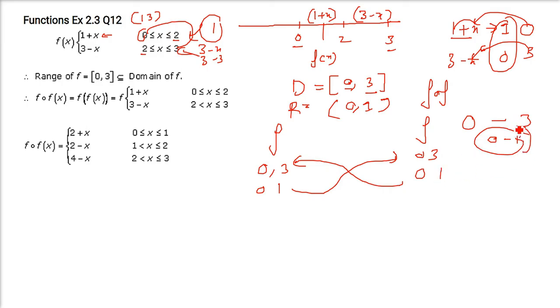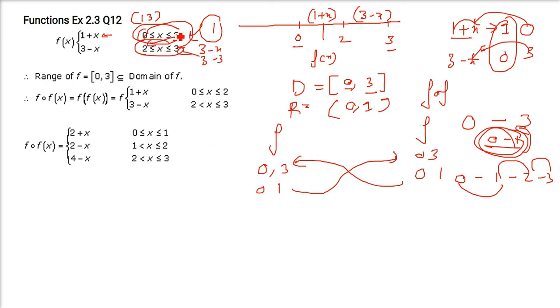That is, we have to divide this 0 to 3 in 3 parts. The range cannot be taken as a whole, because 0 to 1 is coming between 0 to 3, and it is a subset of 0 to 3. So we have to take 3 steps now. 0 to 1, because 1 is inclusive, so we have to take 0 to 1.